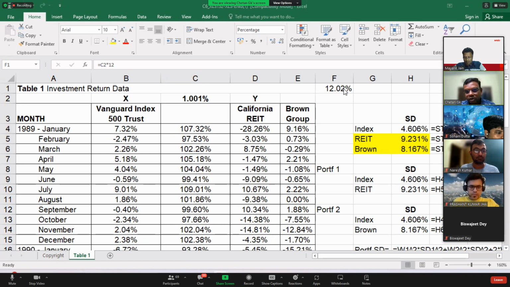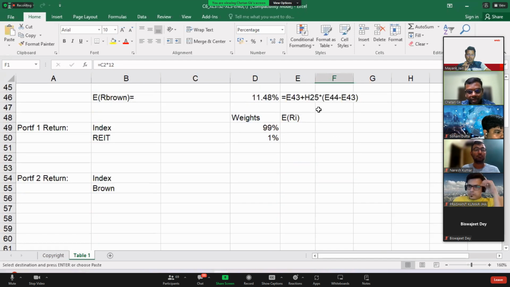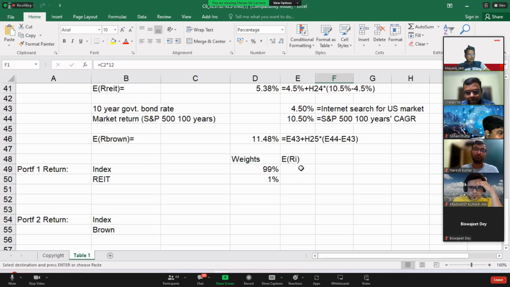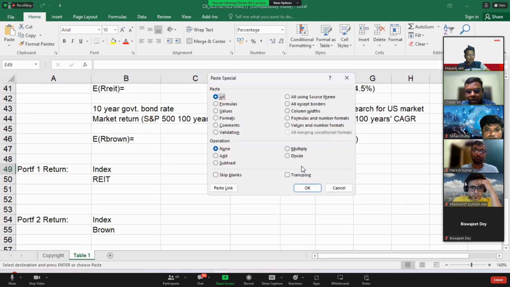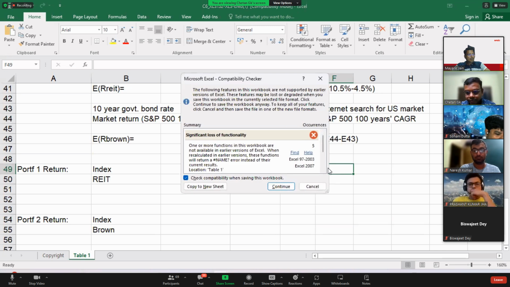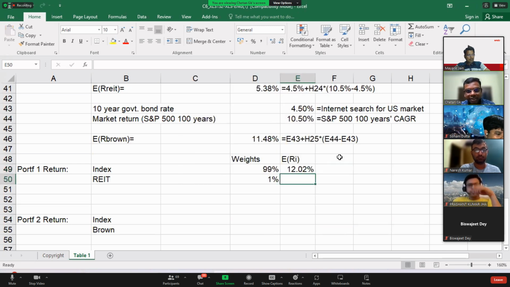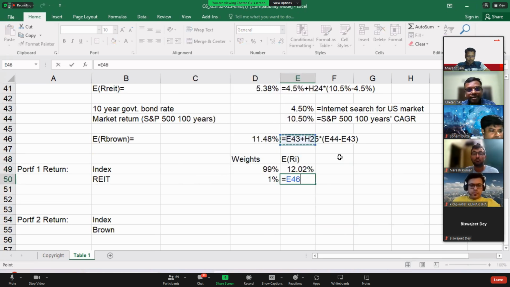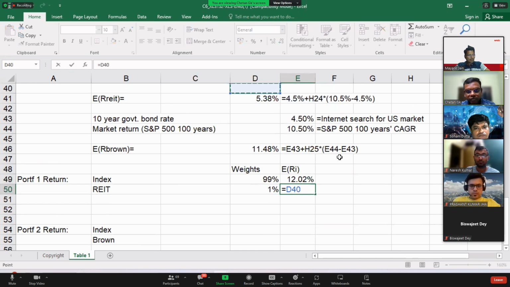I just take this 12.02 directly. I copy this and paste it here with Control-Alt-V, values. Okay, so I have copied this from there. Next is what is the expected return of RE80? Expected return of RE80 is what we have just computed, 5.38.